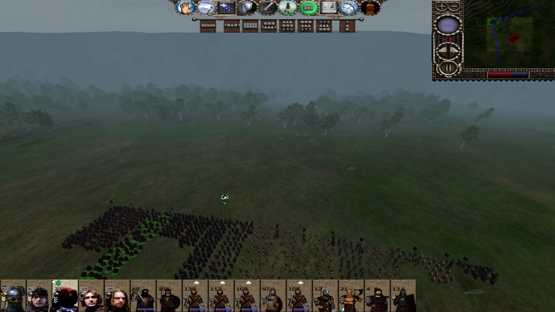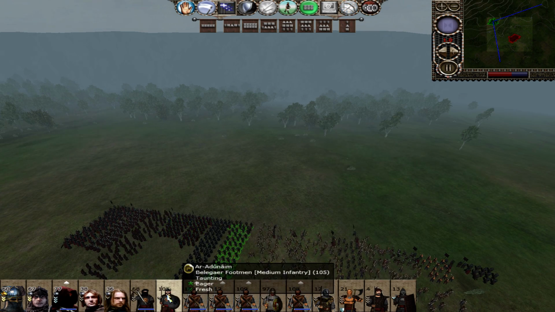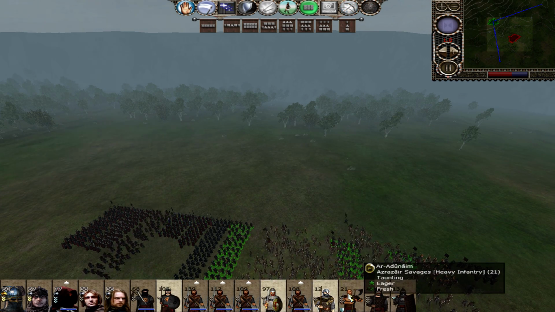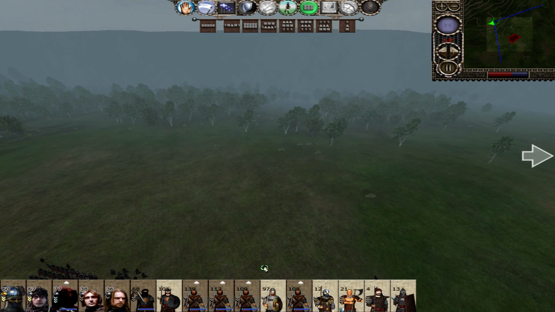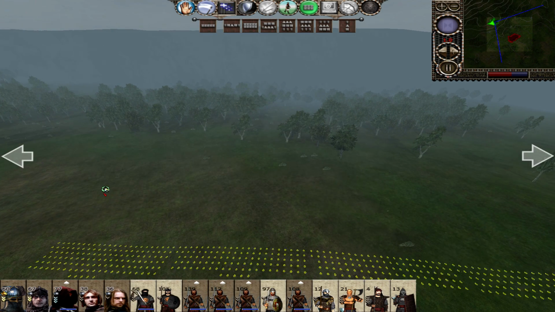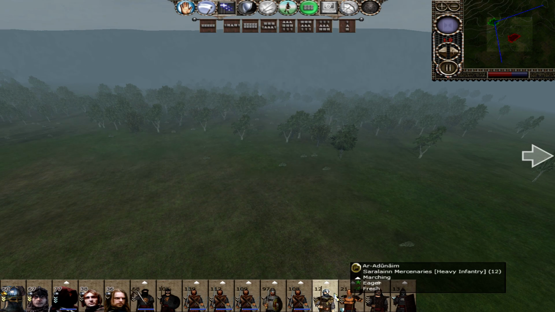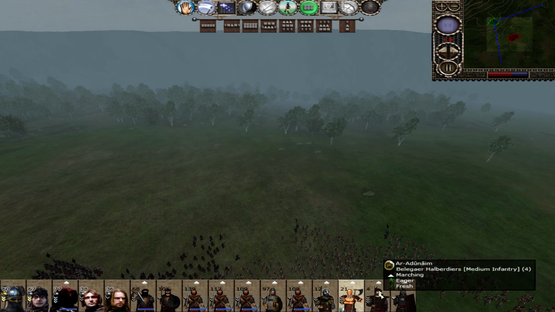Archers. I hope those of you playing as the Adûnâim are enjoying the sound clips of me saying Azra Zahir into the microphone over and over. Right, as I say, we are actually unfortunately fighting against an army here that is almost all ranged, which is a bit of a pain, has to be said.